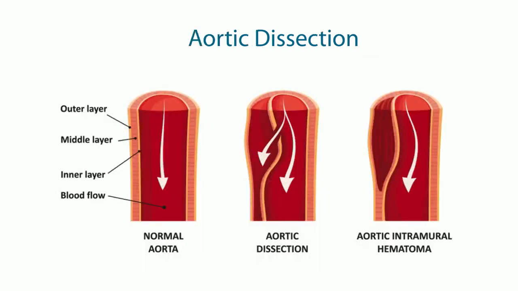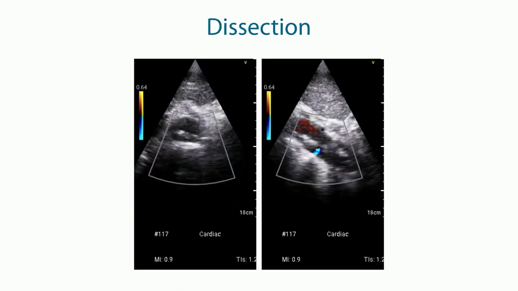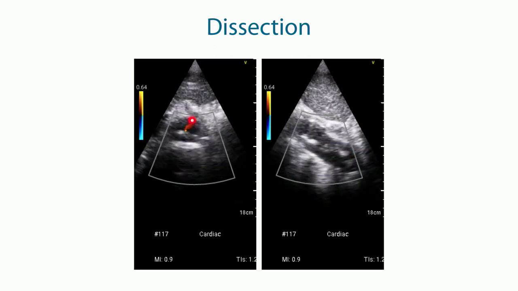Here it is sometimes quite helpful to also use color Doppler, because there you can sometimes see the leakage between the so-called false and the true lumen. And you can differentiate between the true and the false lumen based on the color Doppler pattern. But the bottom line is that this patient definitely is at risk and that something needs to be done about